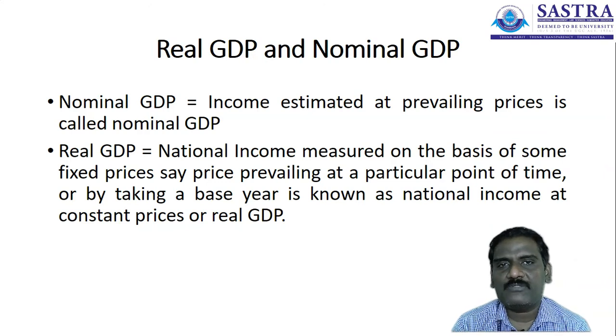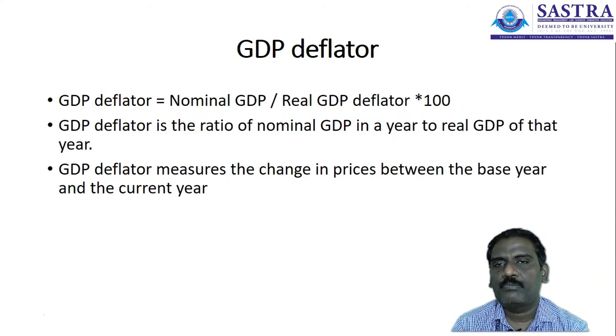That is the purpose for which we take the base year into the calculation. For the base year and the current year price, we can calculate the relationship, or the ratio, for the further calculation of real gross domestic product. The real GDP is adjusted for inflationary effects. The GDP deflator is the relationship between the nominal and the real value: GDP deflator equals nominal GDP divided by real GDP multiplied by 100.